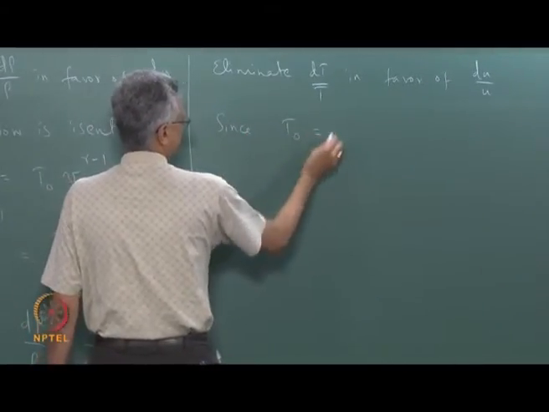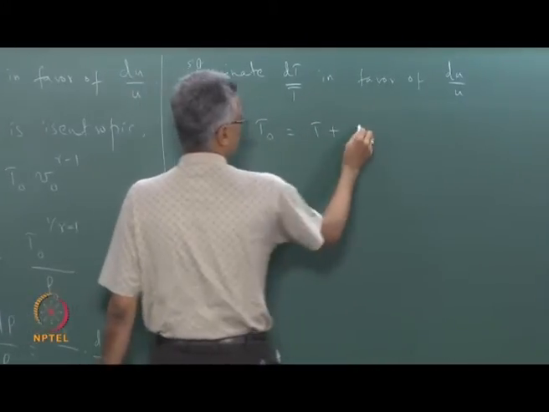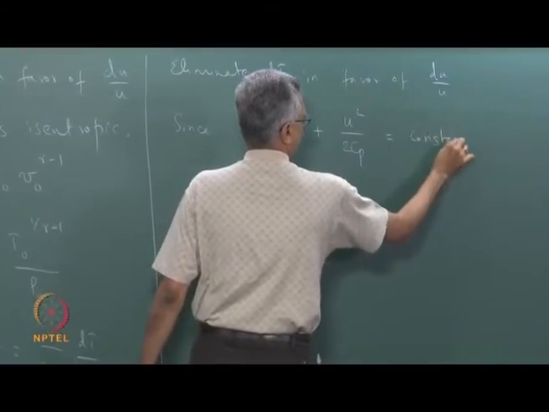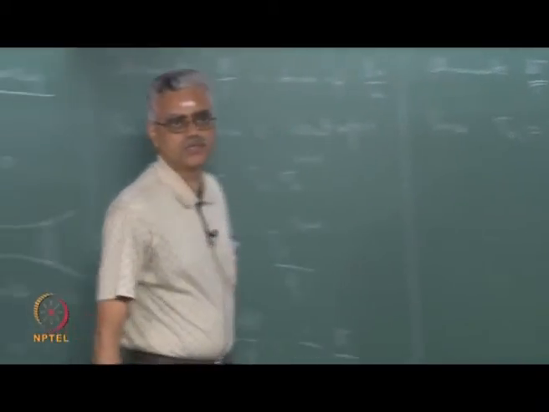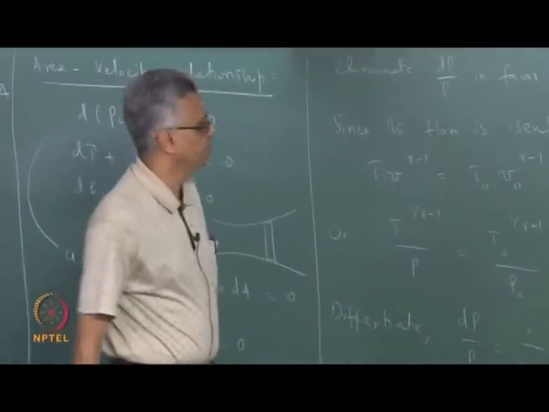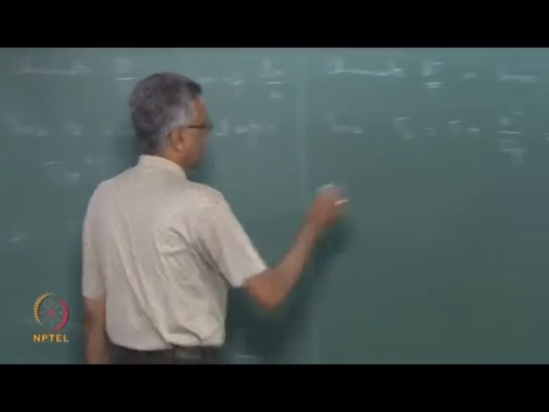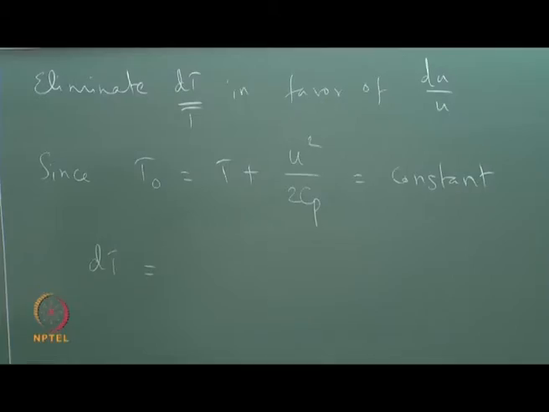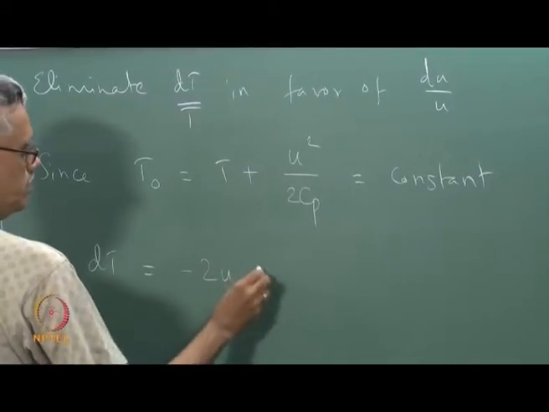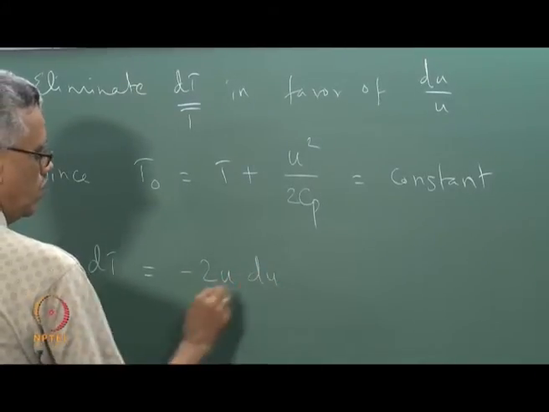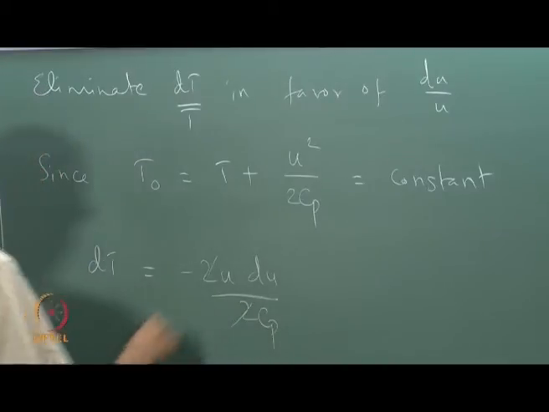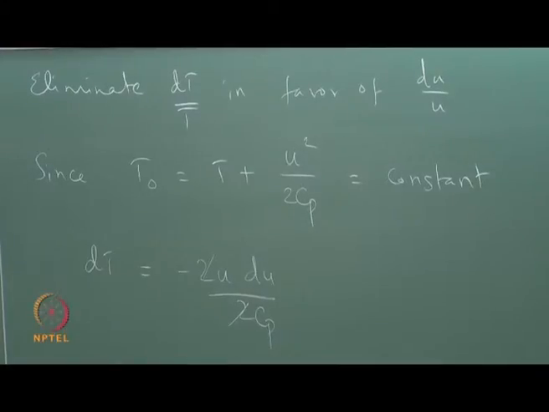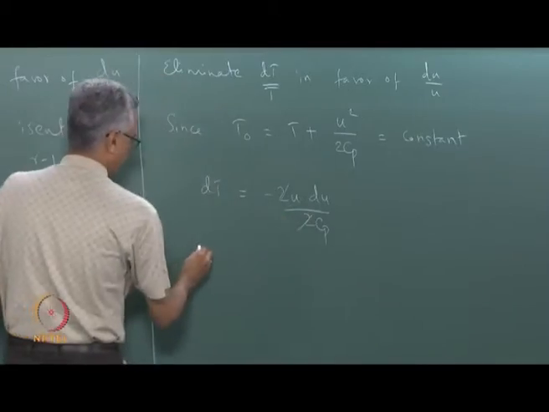Since the stagnation temperature is T naught equal to T plus u square over 2 Cp, and that is a constant because the flow is isentropic, there is no heat addition or work addition, right. So, this is constant. So, if I take the differential on both sides, I get dT equal to minus 2u du over 2 Cp, or I can also write this as dT